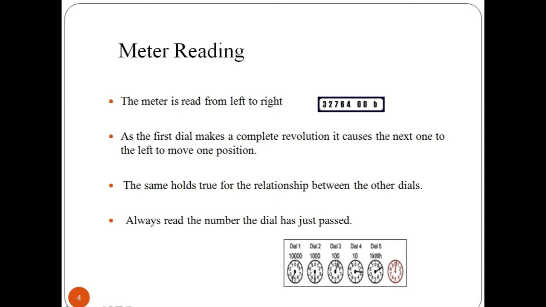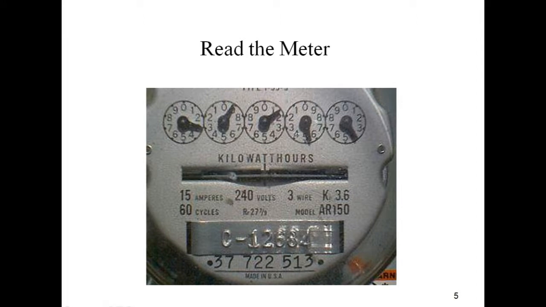Your digital meter displays the reading in one row of figures, that is in a single register, or two rows of figures, which is in two registers. Now write down the numbers shown from left to right. You can see the image of a meter. In this picture, a dial meter is shown.